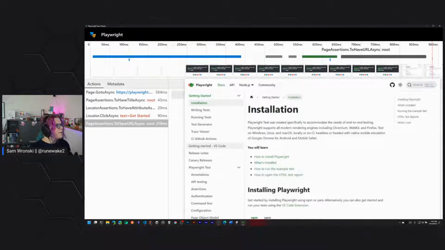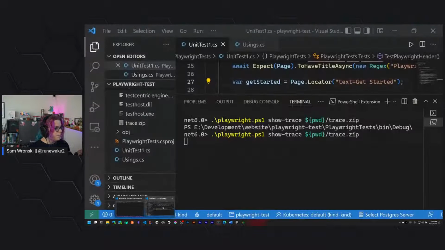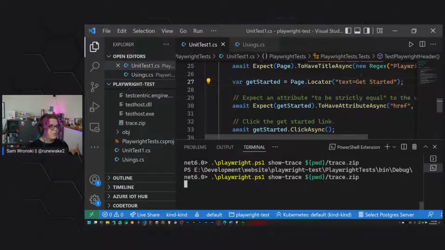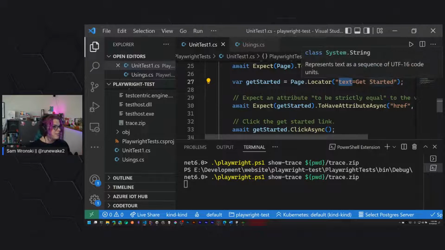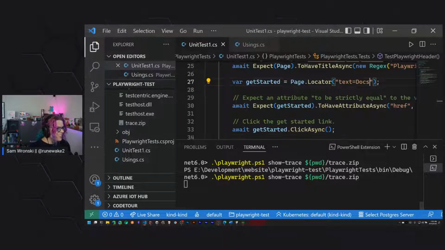So we end up here, and it looks like it's using the light mode here. So we can actually change that. That's another browser setting. So if we wanted to switch over to using dark mode, because maybe you want to make sure that that works, you can test that. So let's figure out how to go back and get that docs change to work. In this case, we're using text equals get started. And if we wanted to use docs originally and it didn't work,